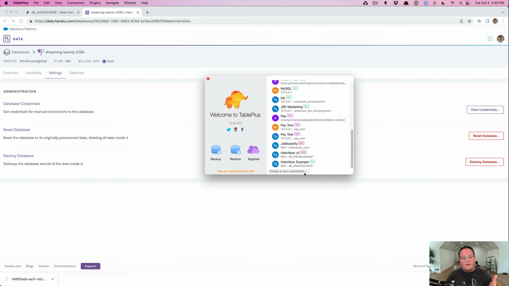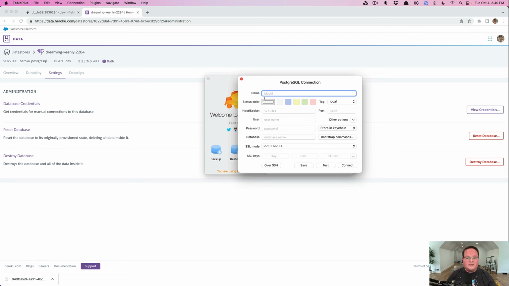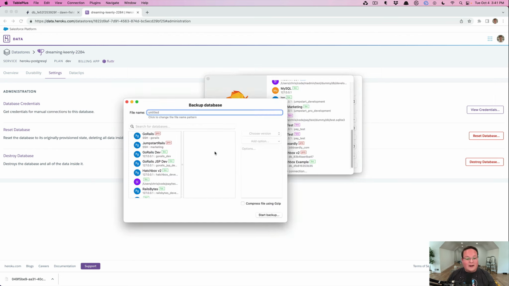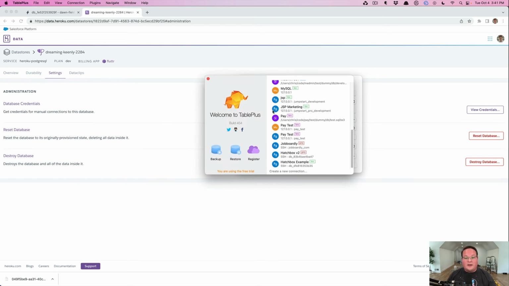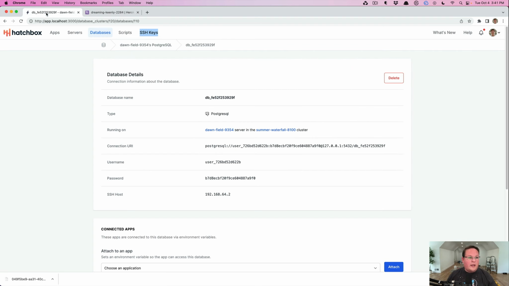We recommend using Table Plus because it has a great backup and restore feature. You would create a new connection for Postgres, and you would paste in the host, the username, the database password, and database name into here and click test, and it would try to connect to your Heroku database. Then you can hit the backup button and choose your server and download your database from there. So what we're going to do is skip that step because we've already downloaded a dump,